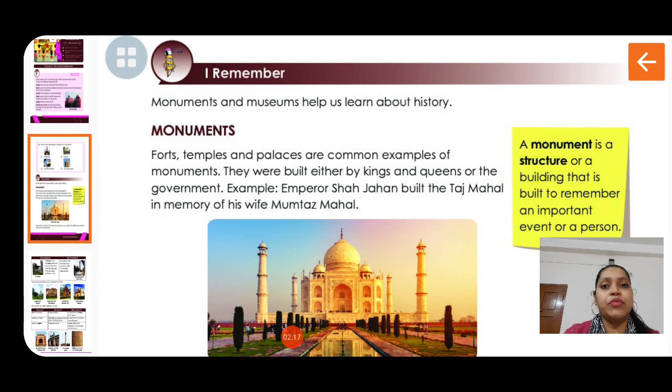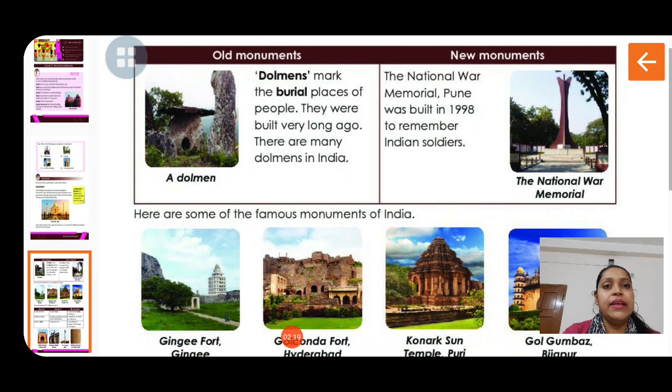Then children, we come to the next page, which is given monuments of 2 types. One is old monuments and the other is new monuments. So what are old monuments? Old monuments are those monuments which are built very very long ago, whereas new monuments are those monuments which are built recently. So example of old monuments is given, one example is dolmen, and for new monuments, one example is given,